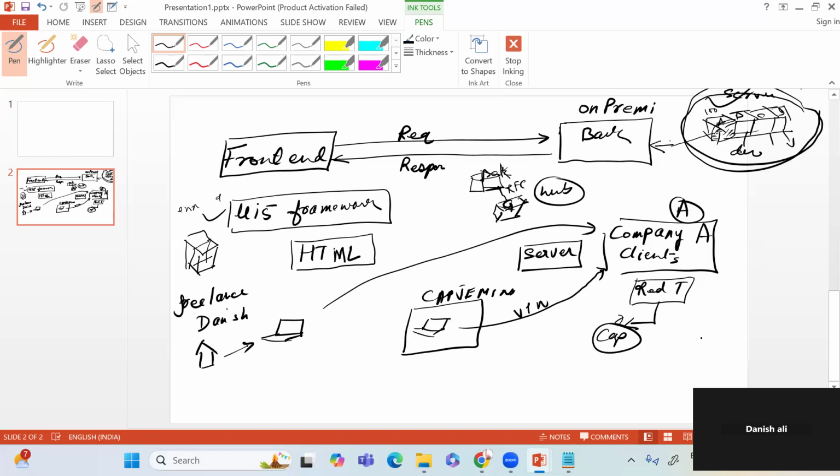Like, for example, if you want to install an AC, let's say a Samsung AC, do you think a person from Samsung comes and installs the AC? They just provide you the system. So, in the same way,